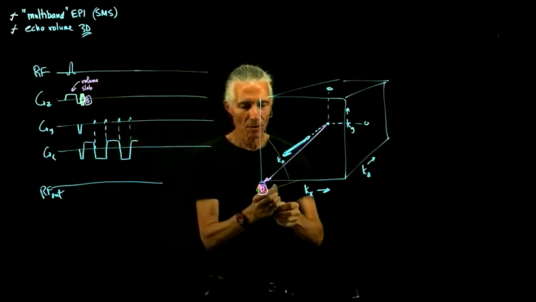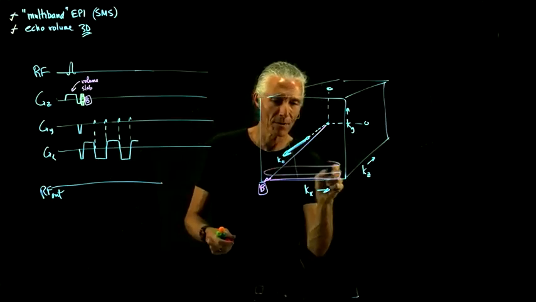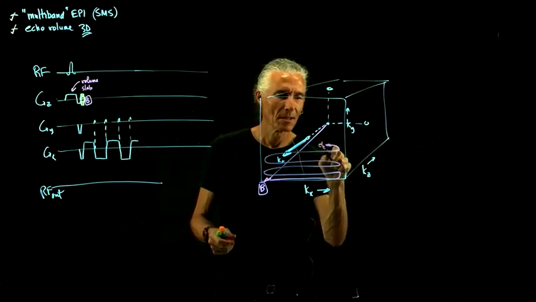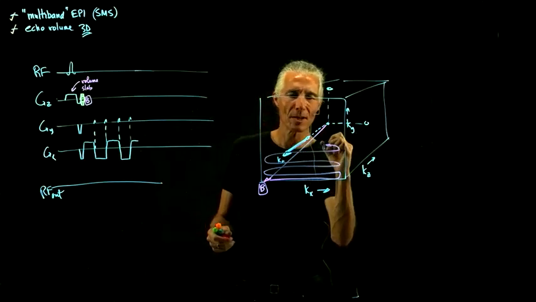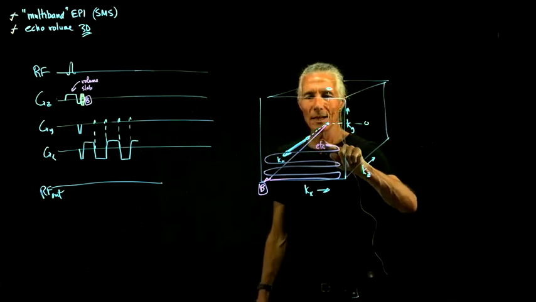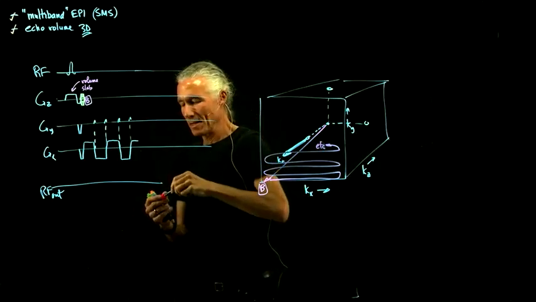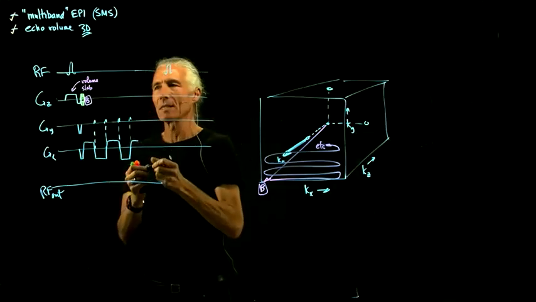So we collect a whole plane of k-space. So we go like this, back and forth, etc. And collect a whole plane, not a slice. It's not a slice because remember the data is coming from the entire head. So we collect a whole slice, and then when we're done, we just do another one, which is just like